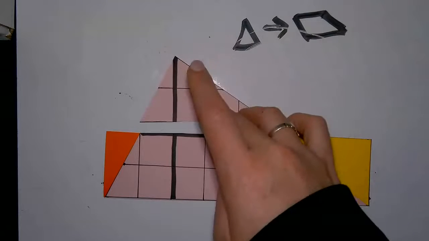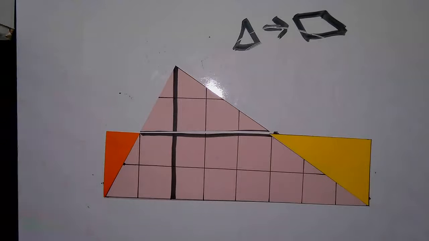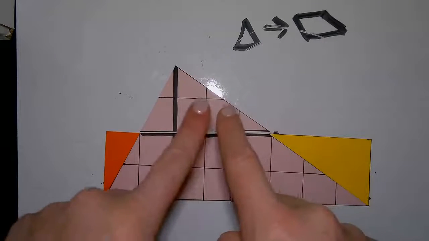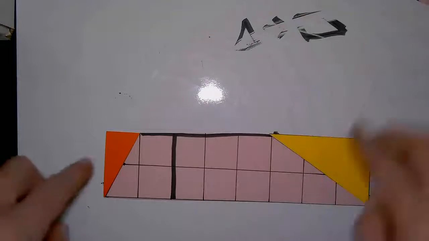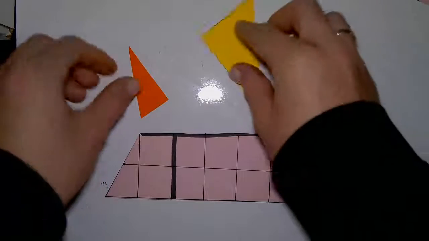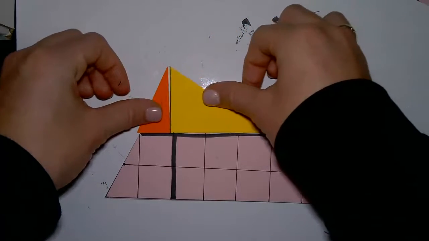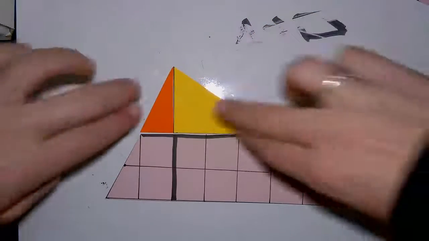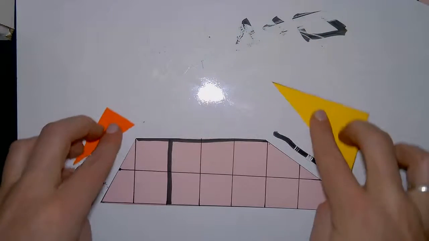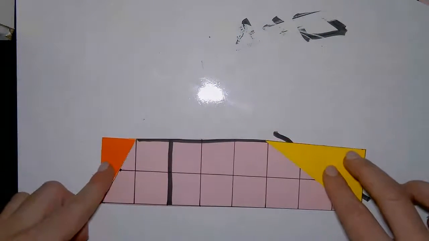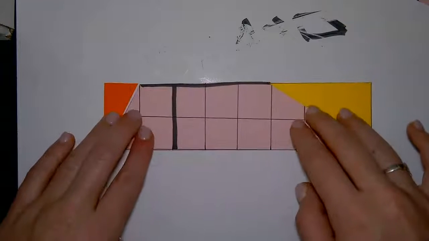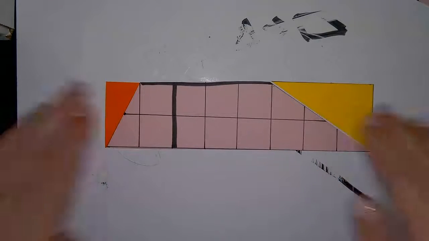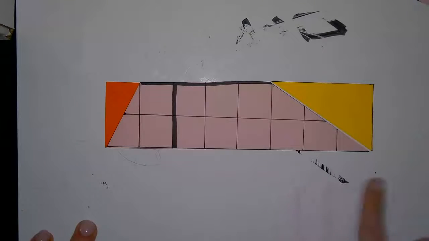So remember, here's the top of our triangle again, that our orange piece and our yellow piece together, composed together, make this shape. And when we cut them up into pieces, we were now able to manipulate them and flip them down to make this rectangle. Cool. So now that I have my rectangle,